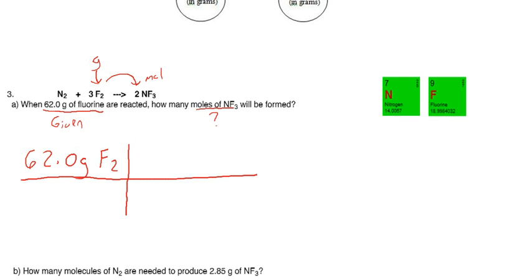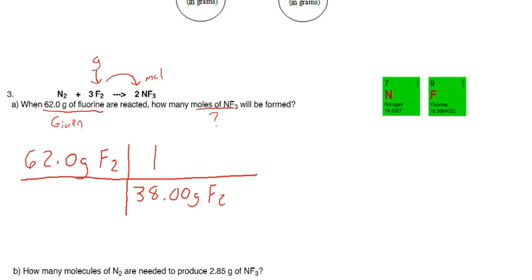Okay. Make sure that we can cancel out the units that we don't want. We don't want grams of fluorine. We want moles of nitrogen trifluoride. So grams says figure out the mass from the periodic table. So you can see right here, fluorine has a mass of 19.00, but there are 2 fluorines, so you must multiply 19.00 times 2, and that'll give you 38.00 grams of